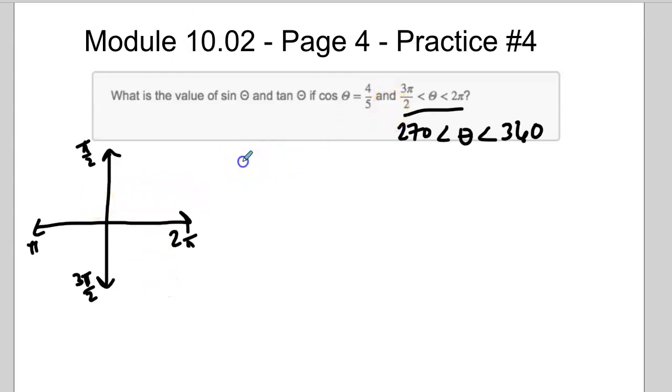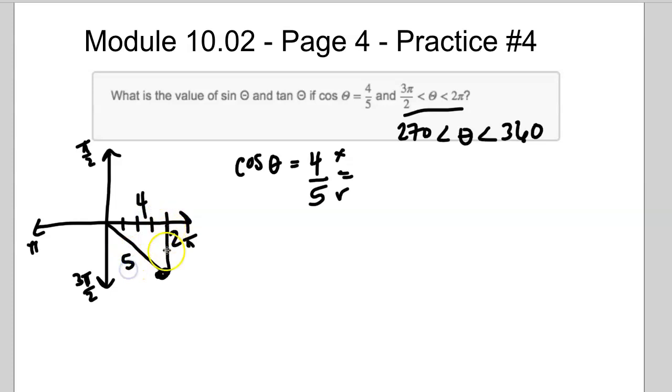So if that's the case, what we're given here is cosine theta is 4 over 5. So if you think about your coordinates, cosine is x over r, which means our x value is 4, so this would be 1, 2, 3, 4, and then our r value is somewhere over here. So I'm just going to go ahead and draw a trig triangle. Let me make that a little bit bigger. There we go. And so we know that this is 4 units over, this is 5,